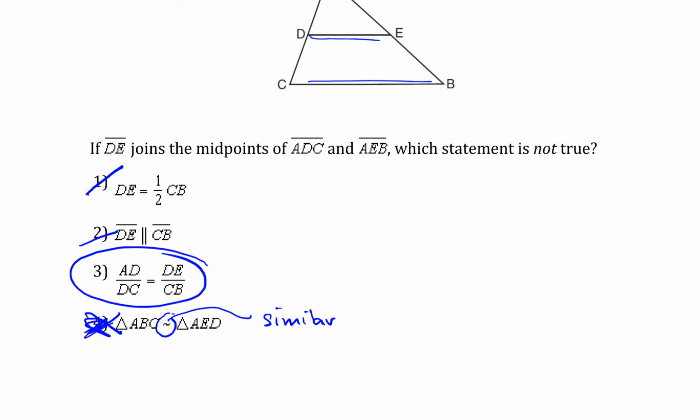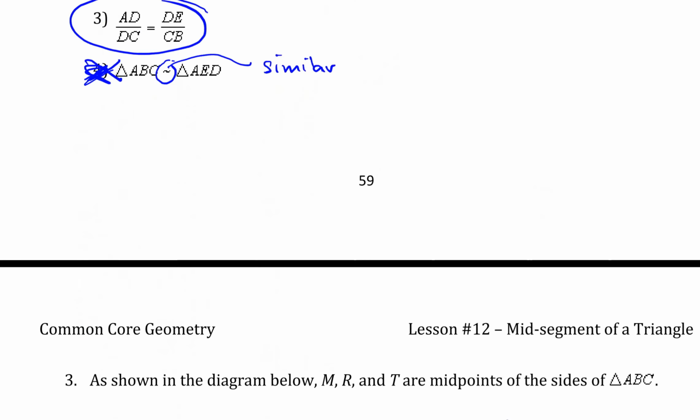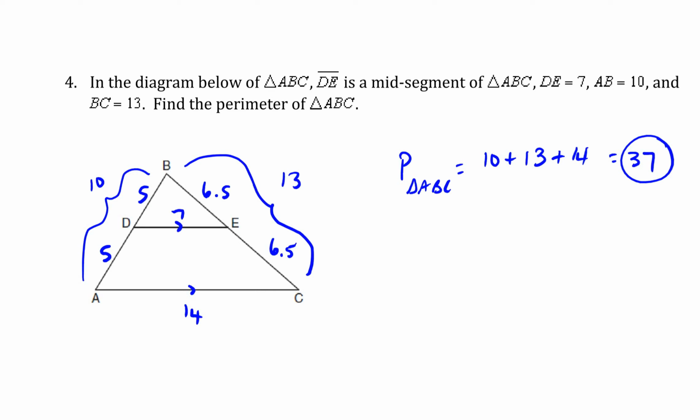All right. For this choice, the one that doesn't make sense or is not true, right? It's just saying that AD is the same size as DE, DC is the same size as CB, which in your picture it is not. Okay, think about your rules and properties of mid